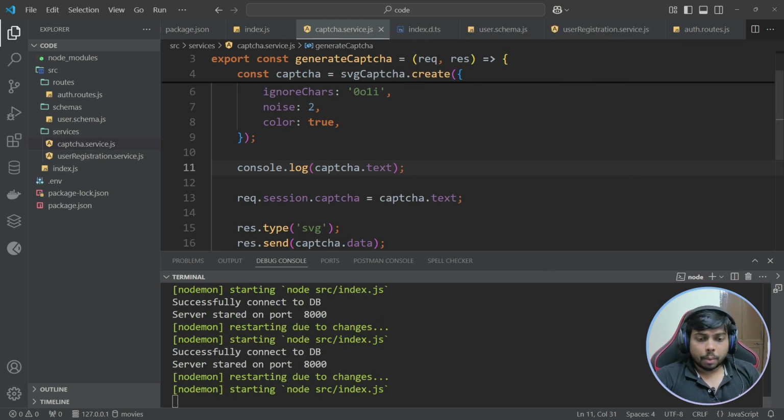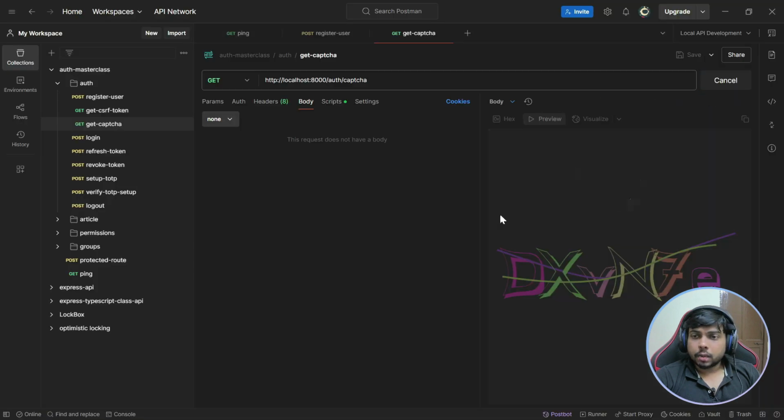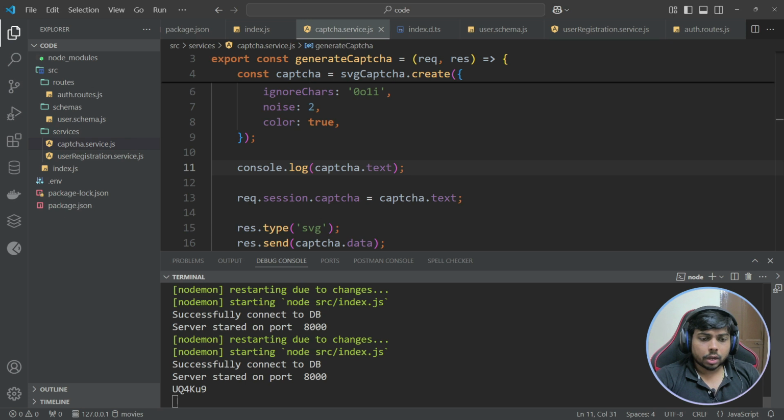Okay. So what will happen if I log this one and I go to Postman and send a request? It says UQ4K U9 something, and I have to type this one. So instead of that, I can come to the console and copy it. Just developer convenience. We don't have to actually read and add it. We have the mechanism, so we'll just come here and copy it. So it will be very easy for us,